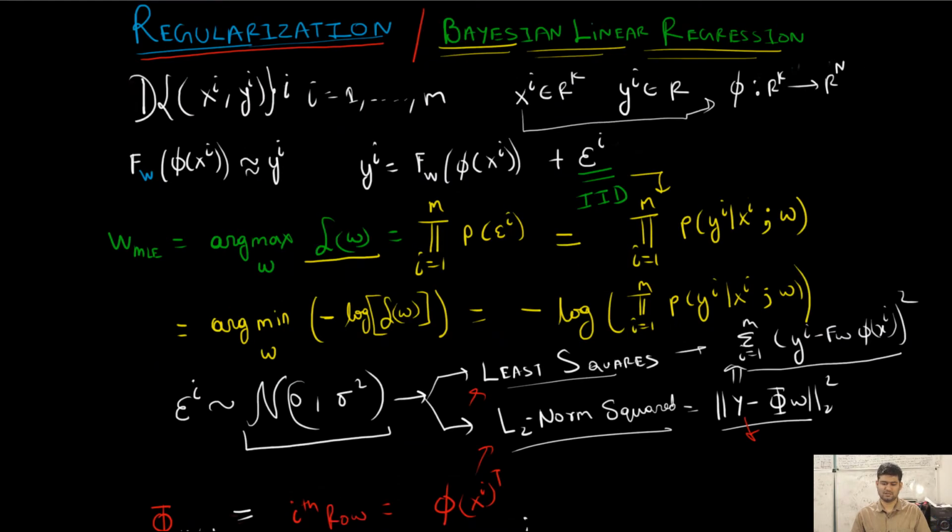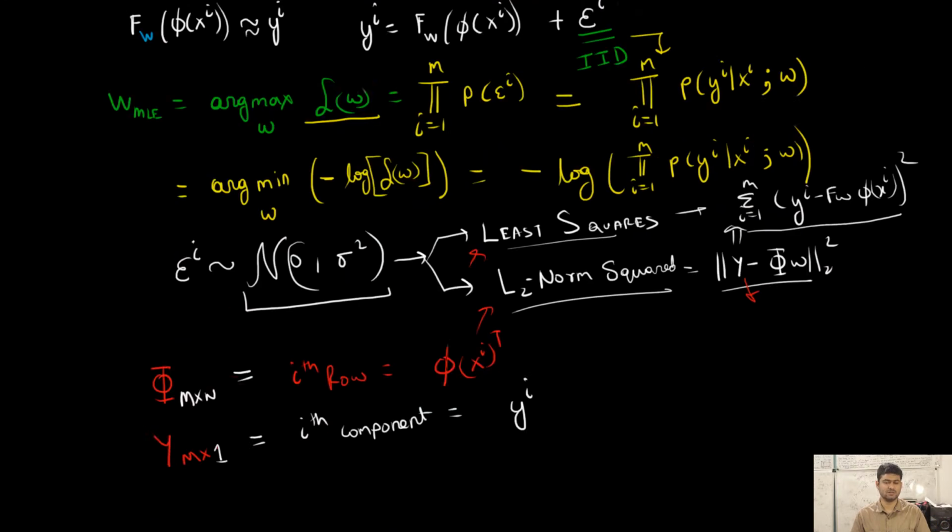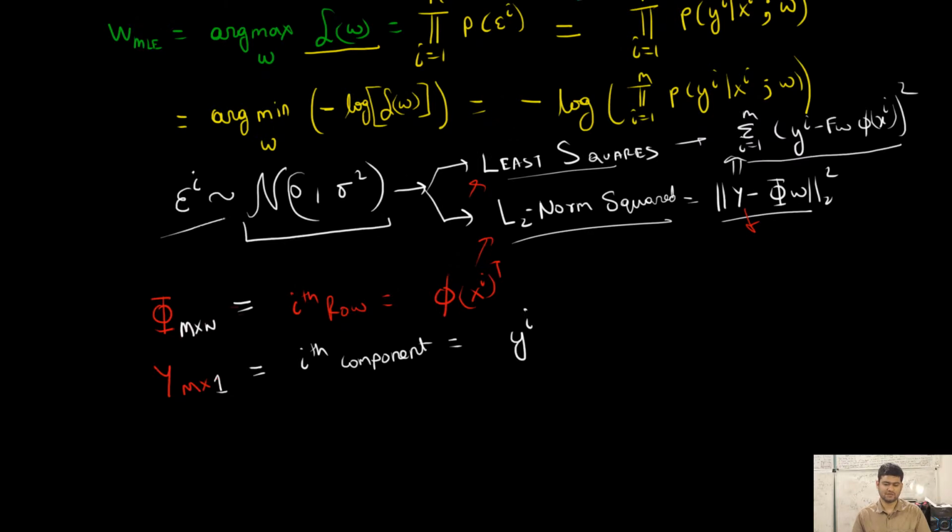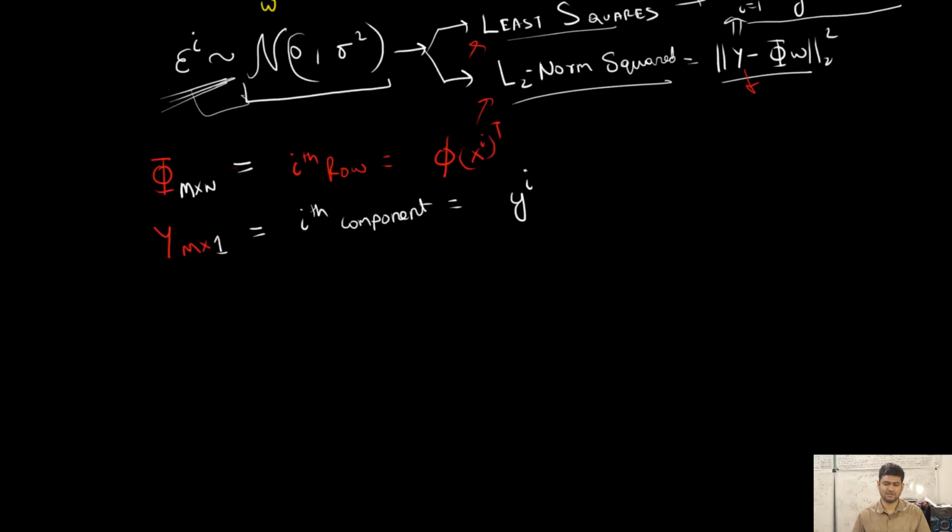So we have shown that the normal distribution leads us to least squares. If we assume that these are normally distributed, then we have least squares. And without proving it today, we're just going to state this, which we'll prove later in this lecture: if we assume that epsilon i has a Laplacian distribution,